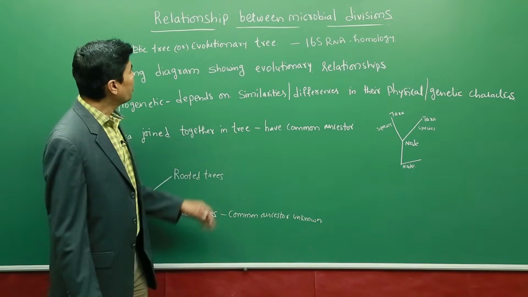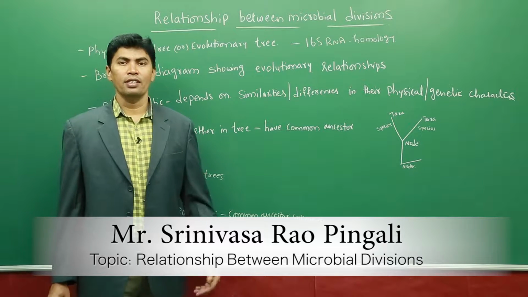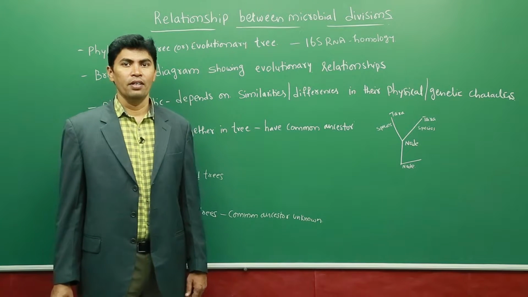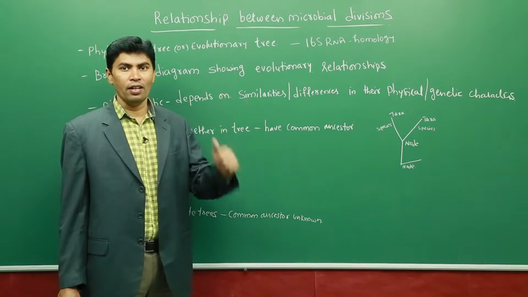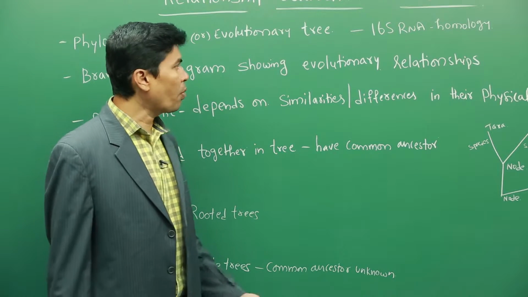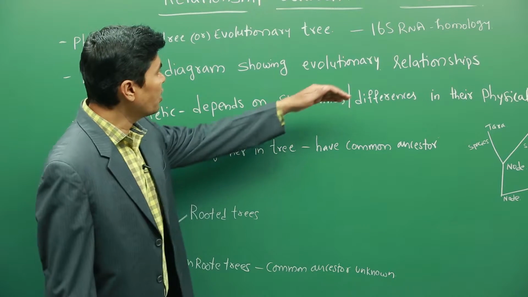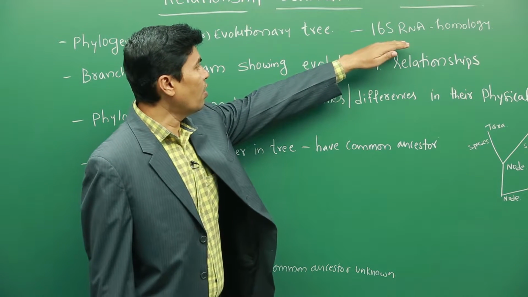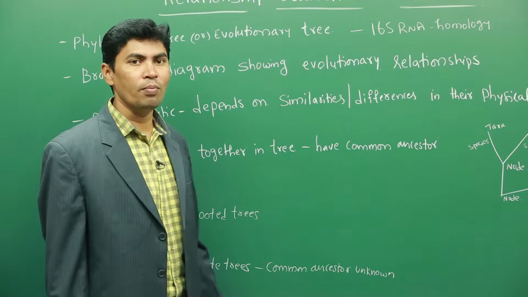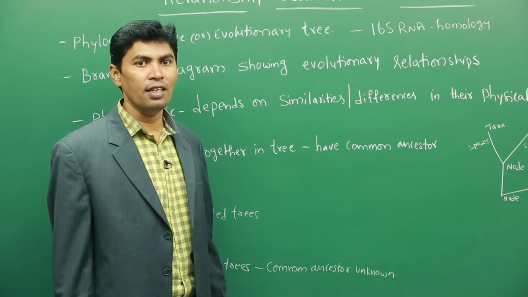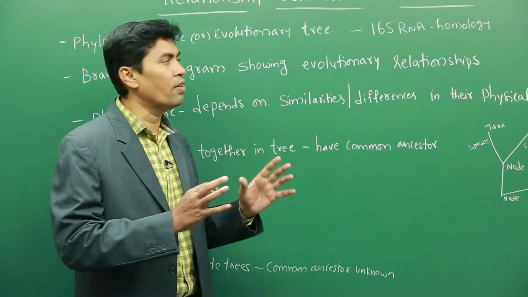Now let us discuss the relationship between the microbial divisions. Though certain morphological structures, nutritional type, and other properties can be used for establishing the relationship between microorganisms, the more appropriate and correct method of developing the relationship is using the 16S fragment of ribosomal RNA homology studies, or sometimes the genetic composition. By knowing the complete genetic relatedness between two organisms, we can firmly establish the relationship between the various species